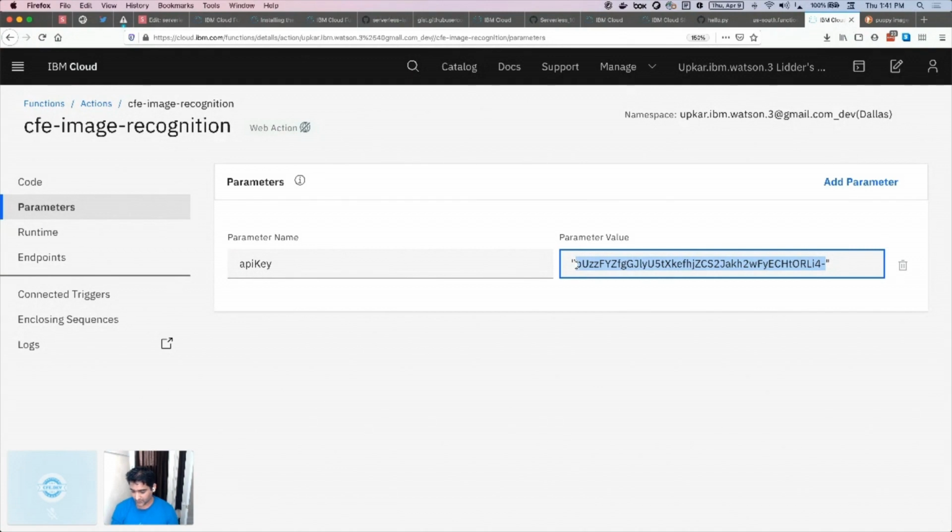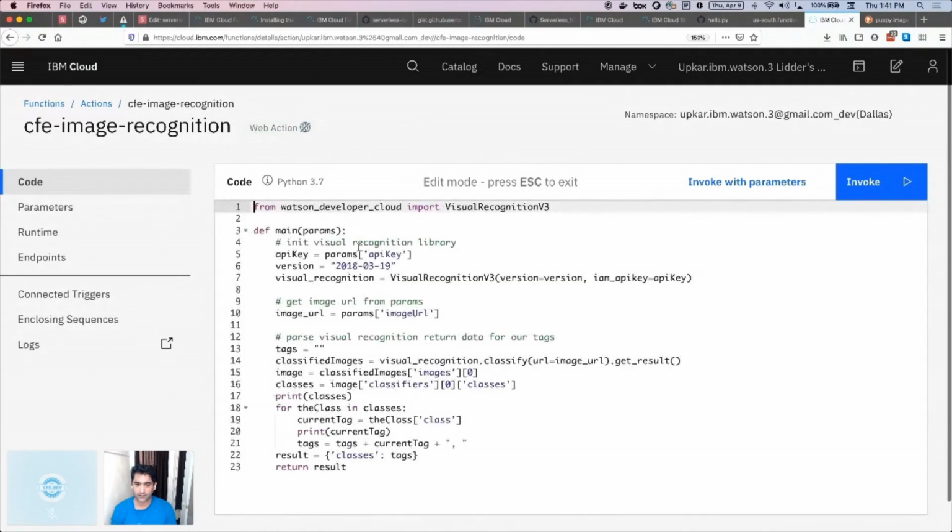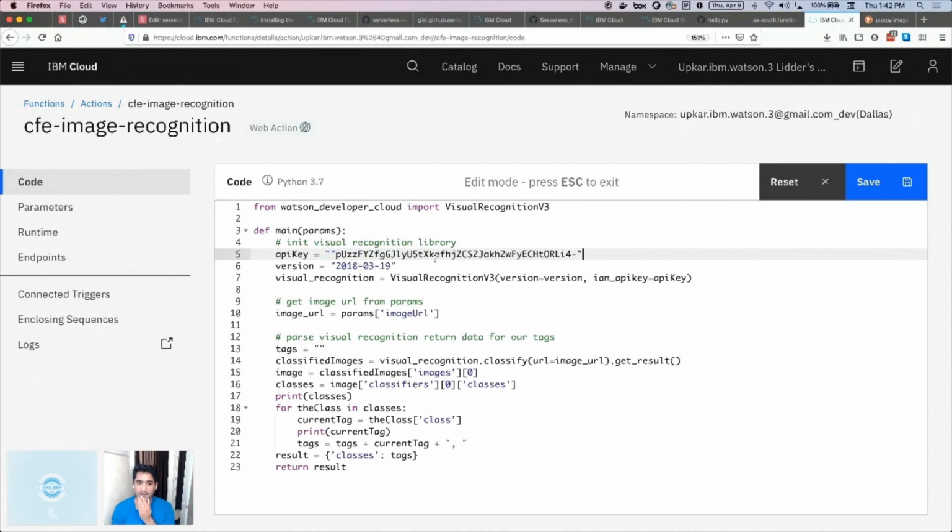What's the difference between putting your API key in the parameter menu item on the left versus hard coding in your function? So yeah, I could have taken this whole thing, and inside my code, instead of doing this, I can just do this. I think that's what you're asking. So in general, this is not a good practice, right? Now everybody knows my key, because if I put this somewhere on GitHub or